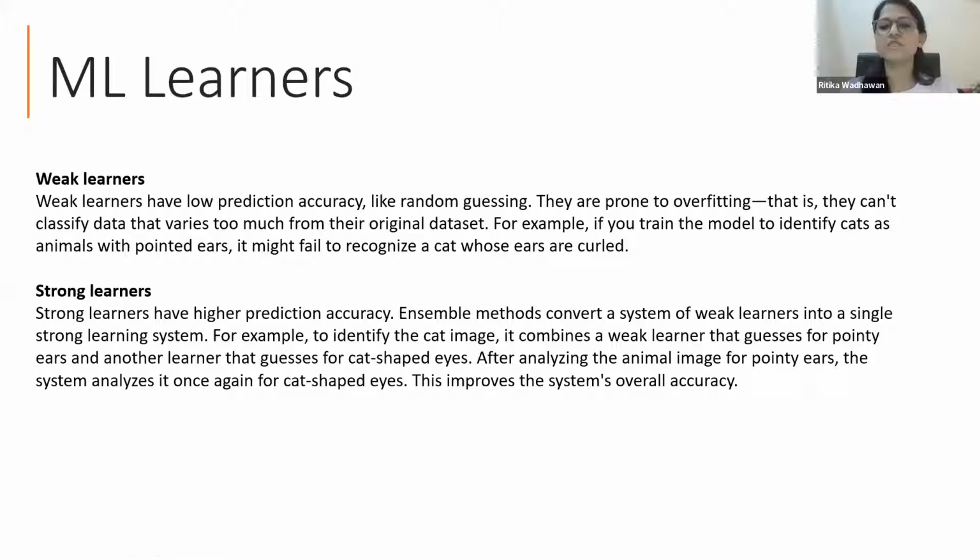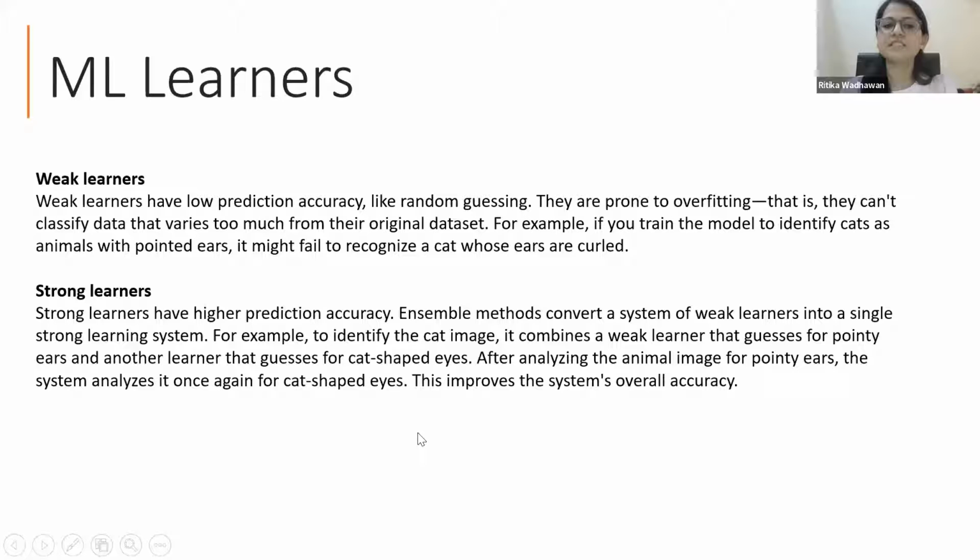Strong learners, on the other hand, have a higher prediction accuracy. They convert a system of weak learners into a single strong learning system. How? Now, let's say there are two weak learners here. The first one, again, identifies cats with pointed ears. The second one can guess a cat by its cat-shaped eyes. They are two weak learners. Now, if we combine them, after analyzing the image for pointed ears, it will then analyze for cat-shaped eyes,